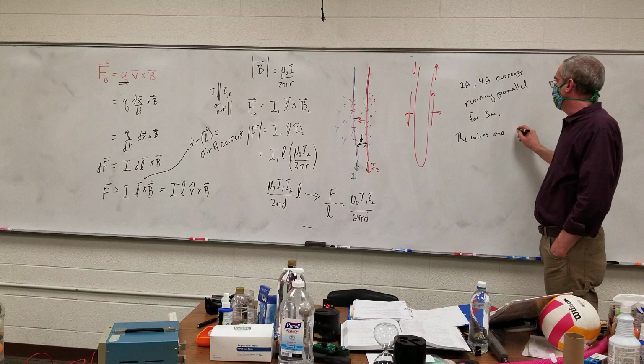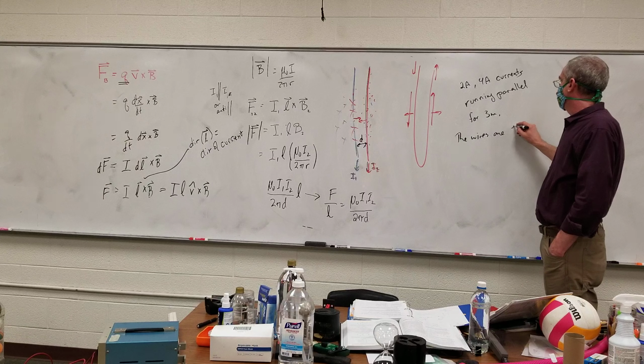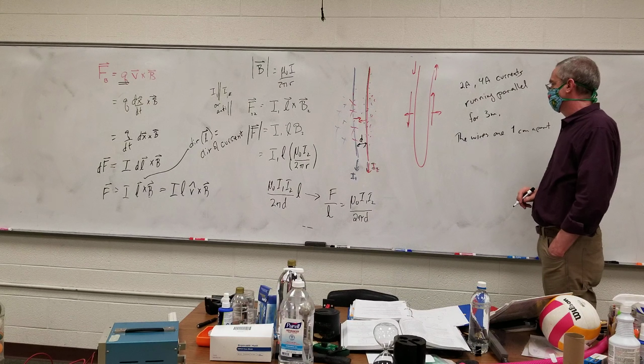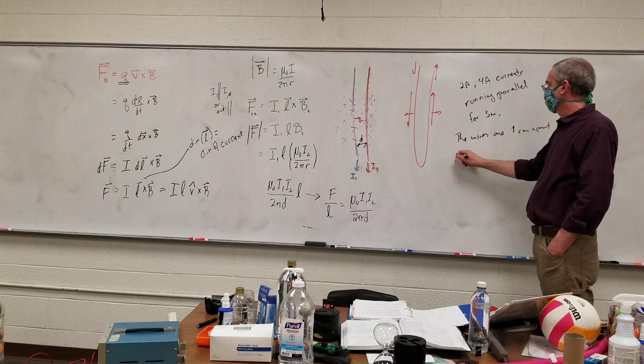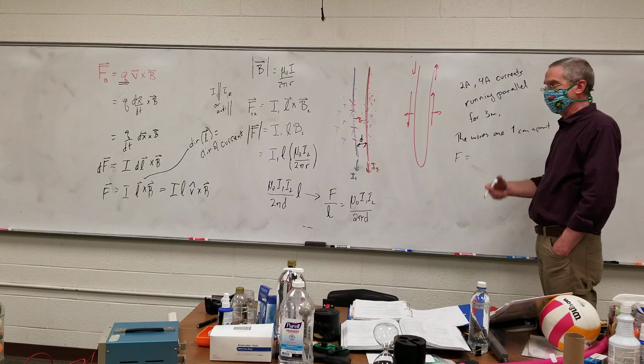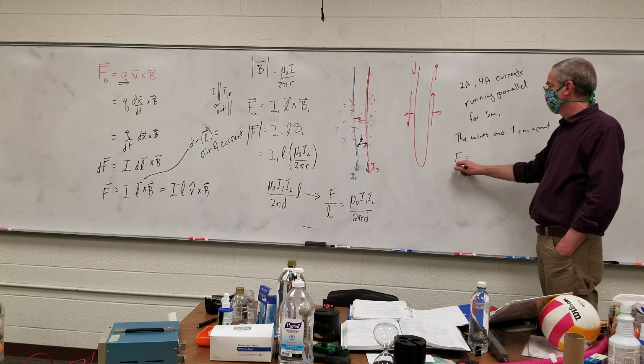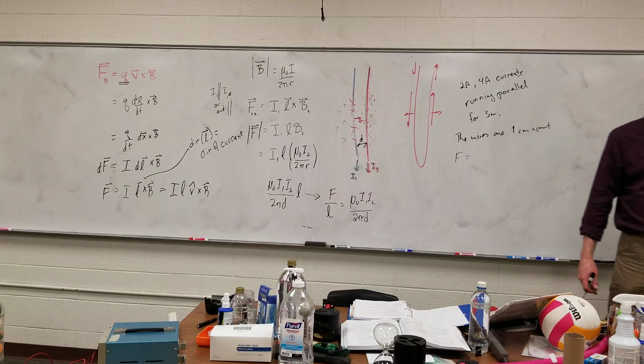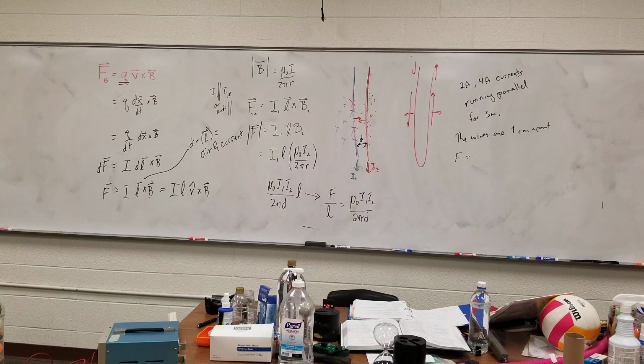The wires are 1 centimeter apart. What's the magnitude of the force that is exerted on either of them? Now the direction of the force you can think through using a right hand rule, but